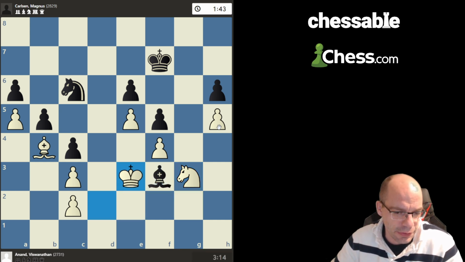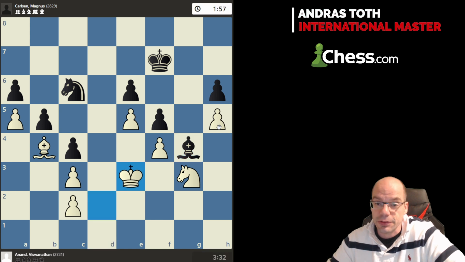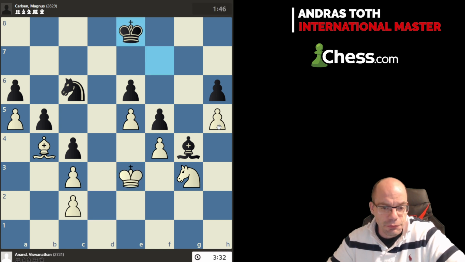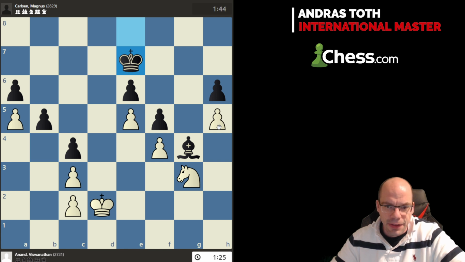Bishop f3, king e3, bishop d1, king d2, another golden opportunity to call it a day, but thank goodness the players decided that there was more life in the position, and so they kept on playing moves. Now, after king e8, king d2 is perfectly fine, knight e7, and at this point, Anand takes on e7, which I'm perfectly fine with, very logical. King takes back, and here,